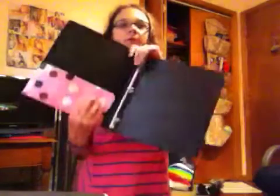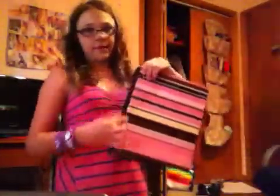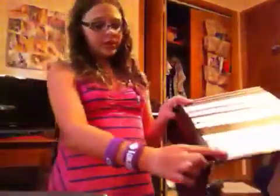So you're going to take your favorite color of duct tape, or one that matches the folder. You're going to tape down this part, and this part. Then you're going to need to tape it to the back right here, just to make sure the rest of your binder is all covered up with duct tape, so you don't see the holes anymore and you don't see the actual color of the binder. So I'm going to use pink,